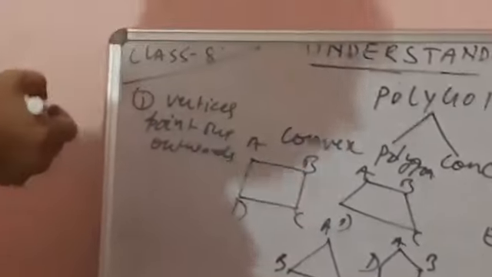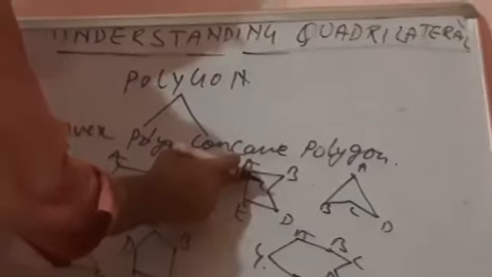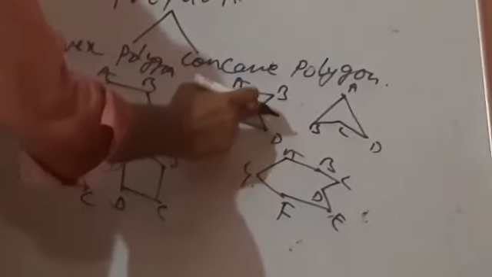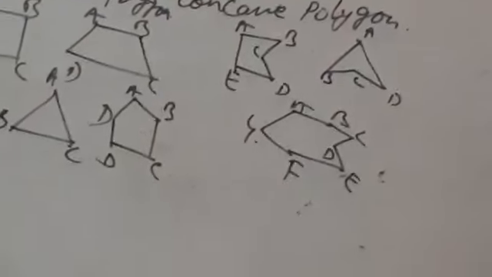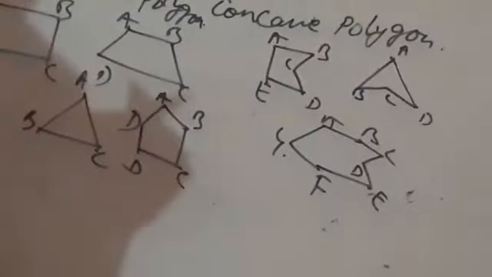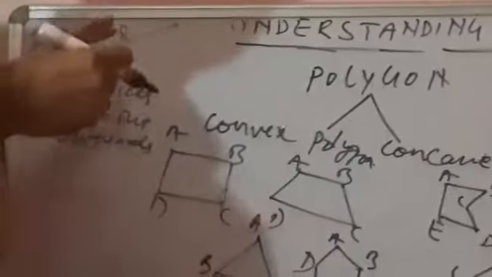Right? Could you see, this vertex is outwards, this vertex is outwards, this vertex is outwards, this vertex is outwards. What about the C? Inwards. In this also, what about the C? It points towards inwards. So in this, outwards, and in this, inwards. If you keep this one thing in mind, you won't have any problem understanding which are convex polygons and which are concave polygons.